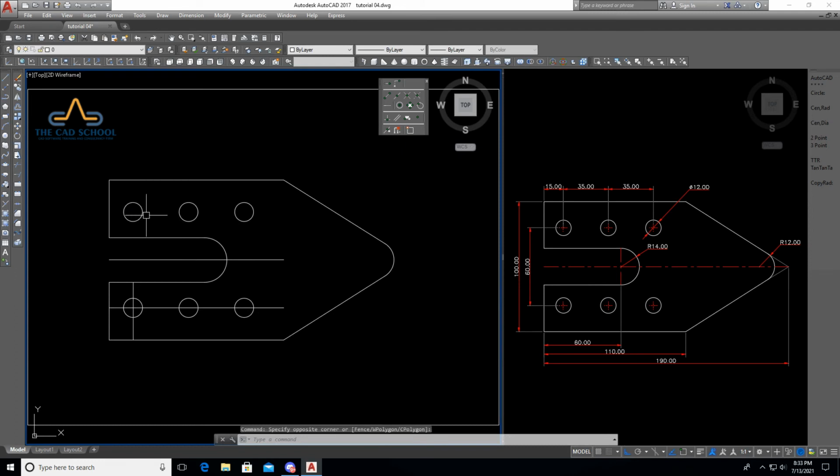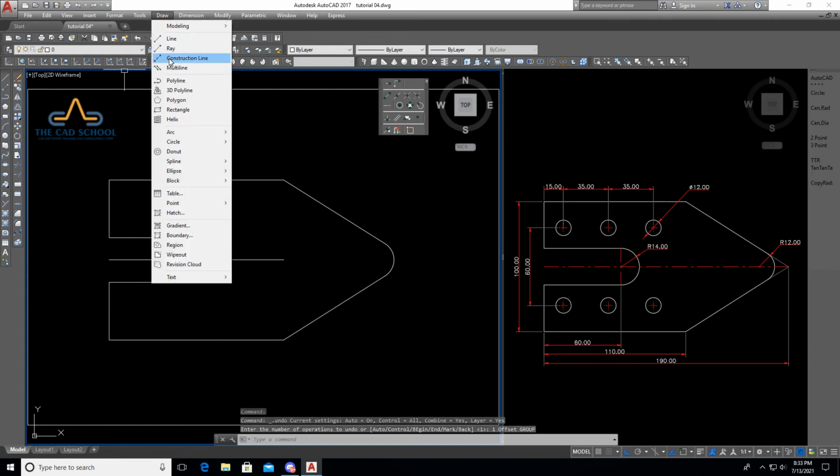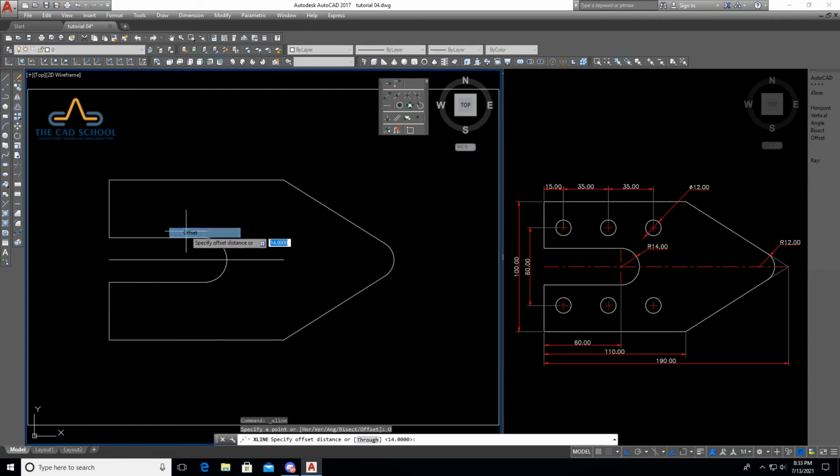These circles can also be drawn by using copy command. So now we will try copy. Go to draw construction line, select offset. First dimension is 15, so select any of the lines.